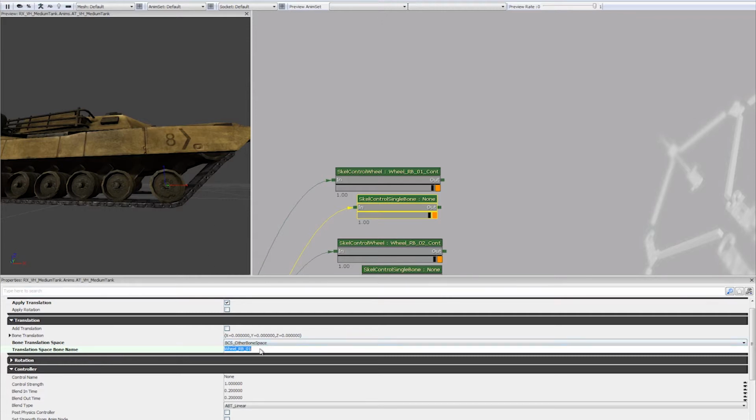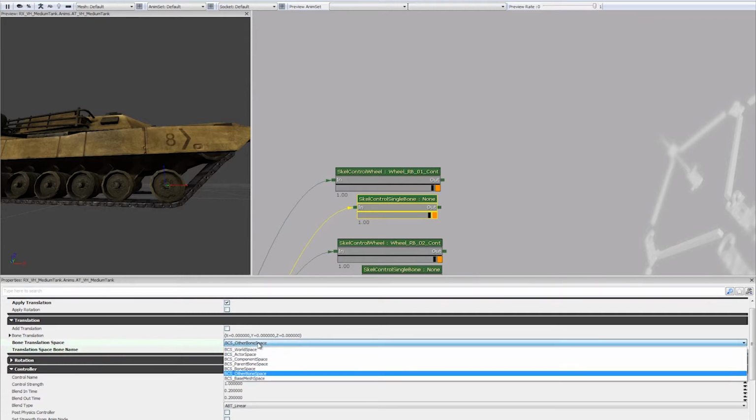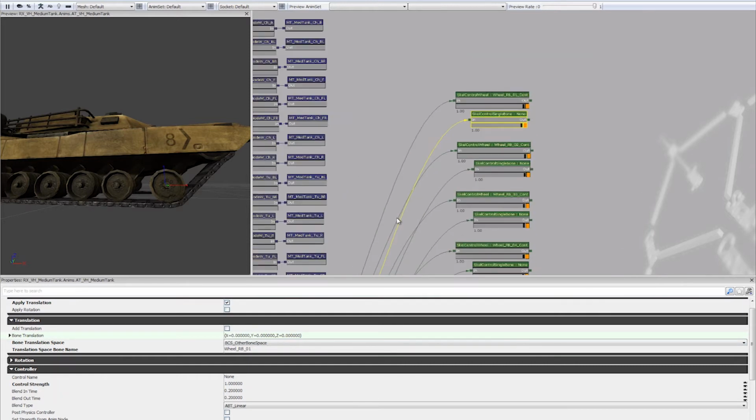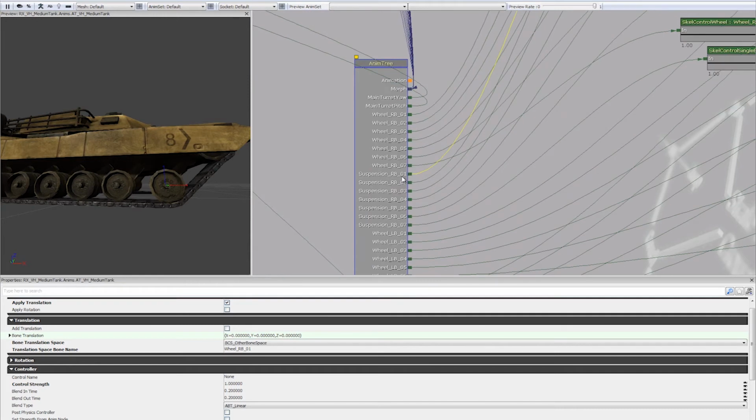So we just type in the name of the wheel bone in here, and then we tell this node to use that specific bone. And so what this will do is it will basically attach whatever bone this is hooked up to. So this is hooked up to the suspension bone, which is controlling the tank tracks and the little